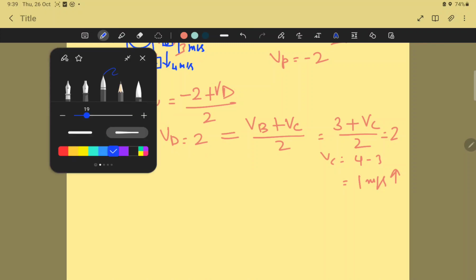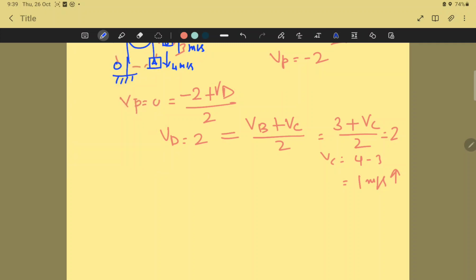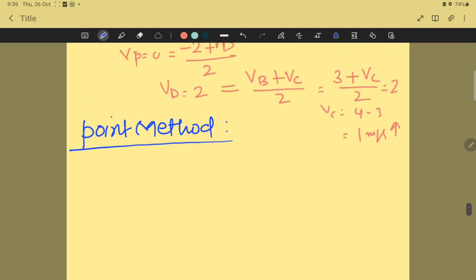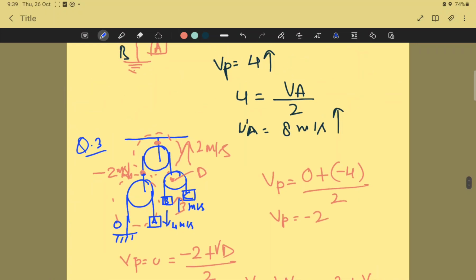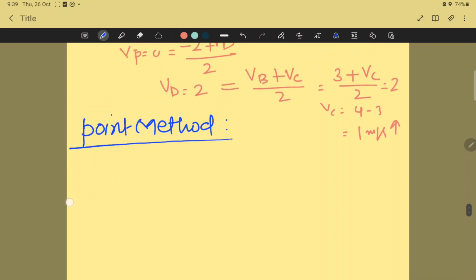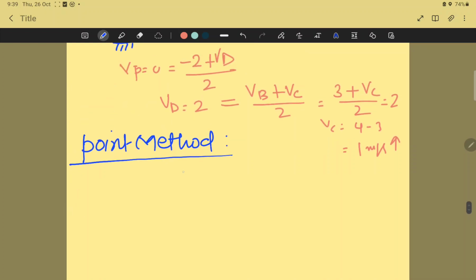Now, let's quickly begin the next method. The next method is called the point method. Now in case of the point method, we will once again try these questions that we have already done with the help of the point method. Now let me quickly tell you,